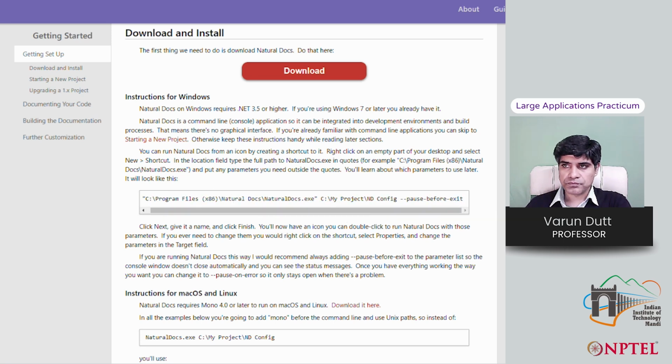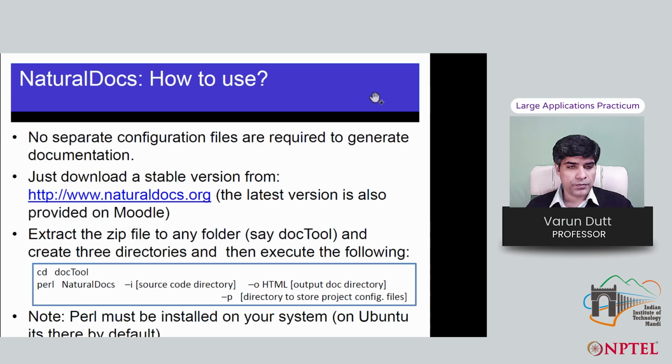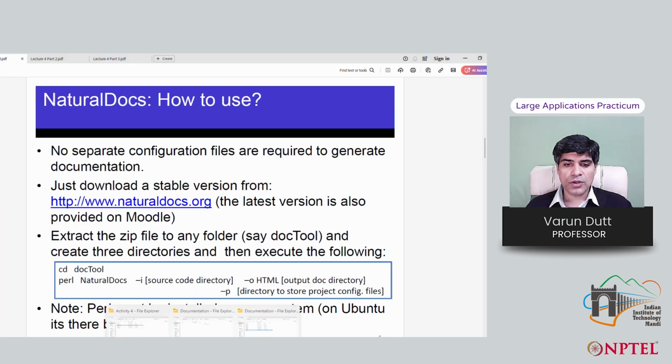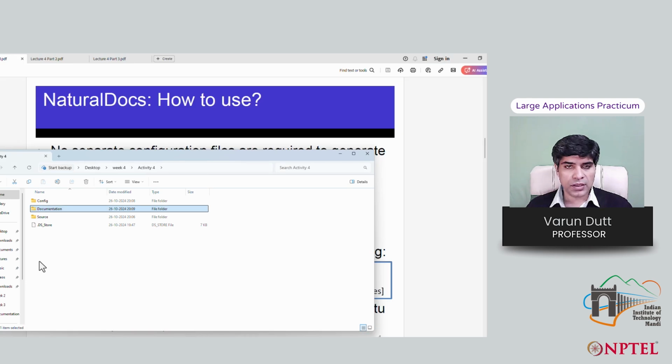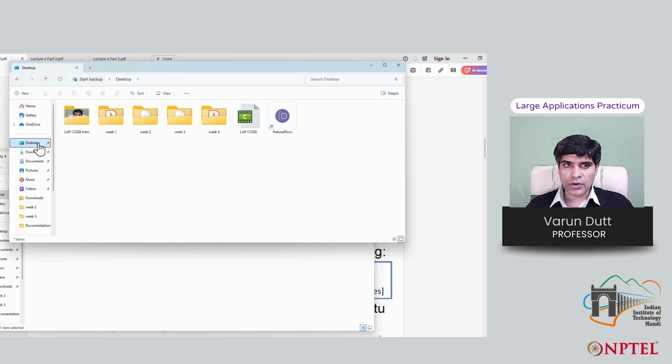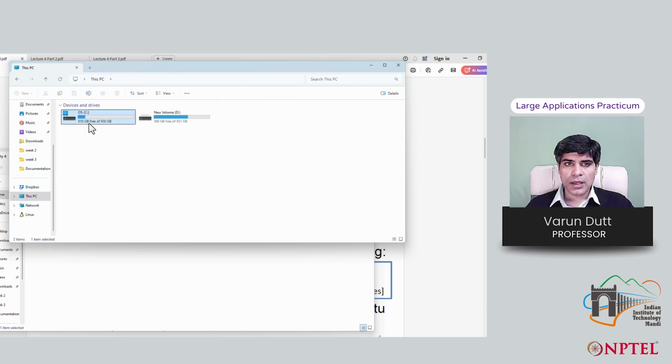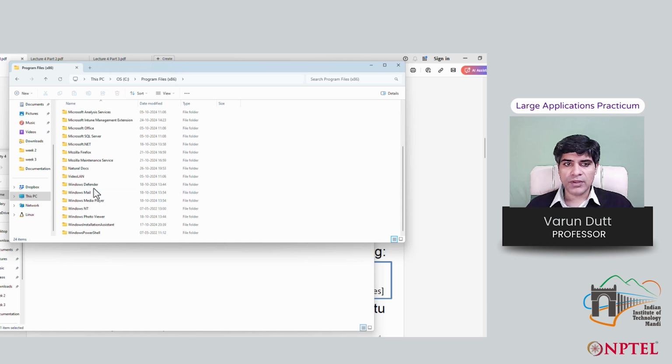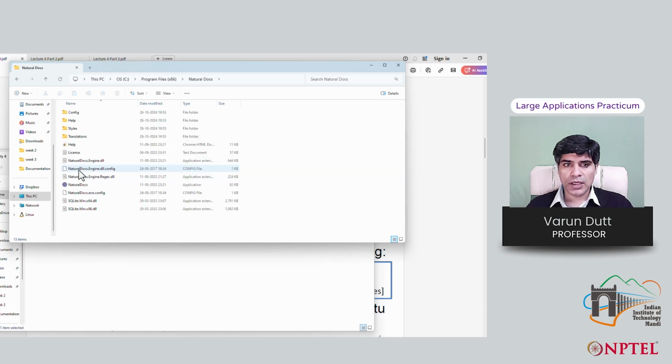If I open my computer, Natural Docs has been installed in my C: drive, within Program Files, and you can see a Natural Docs folder. This is the executable file which we need to invoke, and it is being invoked. Now it also needs to know where the documentation is decided, and where your source code is which is to be used for creating the documents.